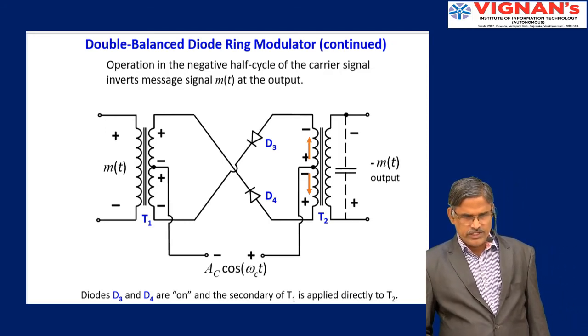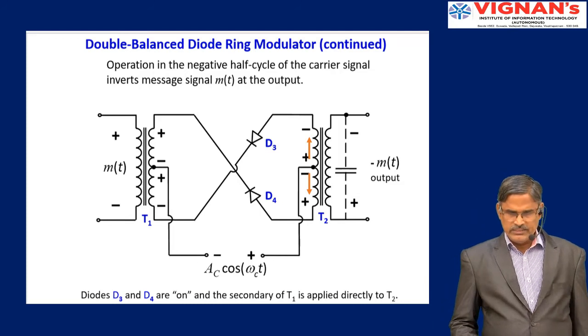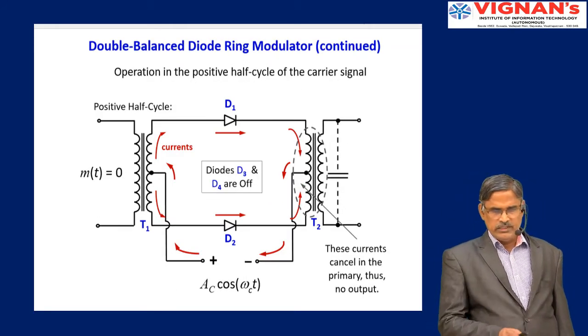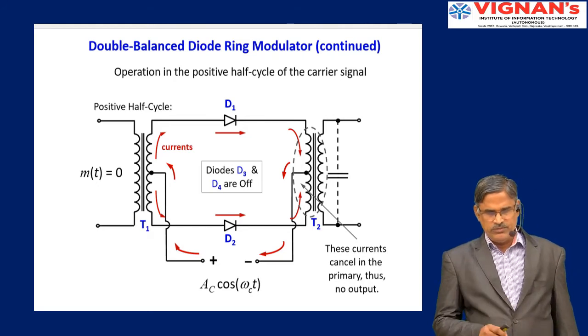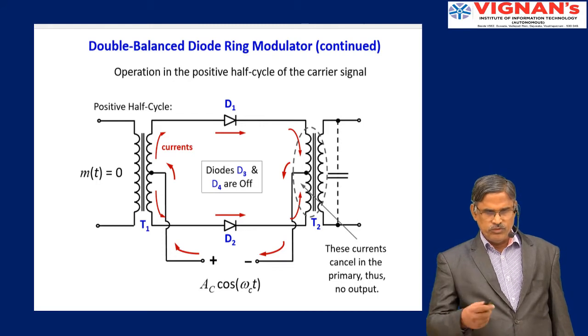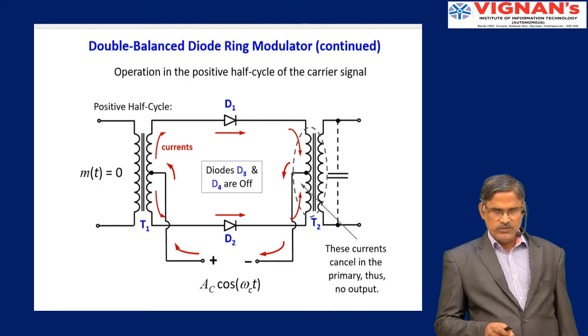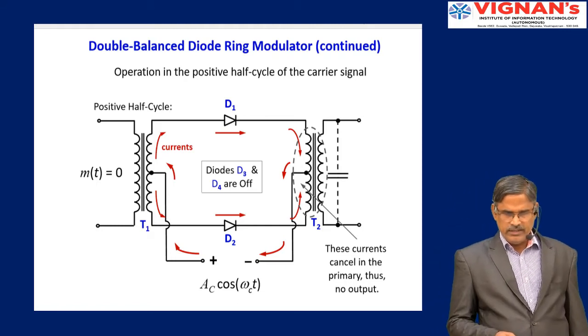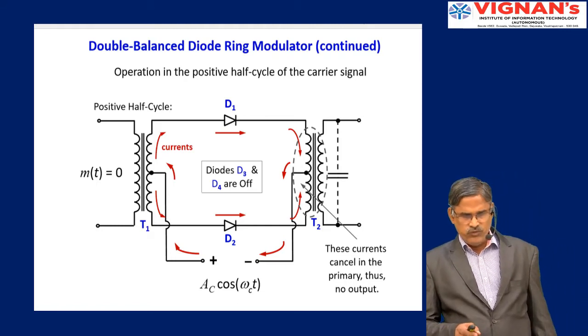So in this situation, what is the message signal? In the message signal, if you see, m(t) is applied. If m(t) is positive, it induces m(t) and minus m(t). So from minus m(t) to plus m(t), it is 2m(t). So the 2m(t) signal will go to the secondary of the transformer. This is not flowing continuously.